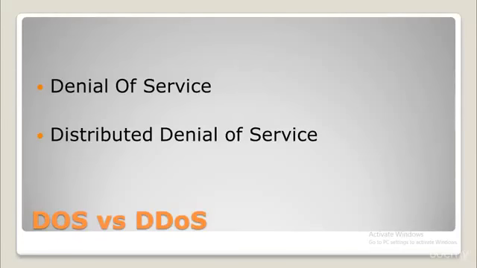The main difference between a DDoS attack and a DoS attack, therefore, is that the target server is overloaded by hundreds or even thousands of requests in the case of the former, that is the DDoS attack, as opposed to just one attacker in the case of the latter, the DoS attack. Therefore, it is much harder, or you can say nearly impossible, to withstand a DDoS attack as opposed to a normal DoS attack. The reason for that is because if it is a DoS attack from one particular IP address,